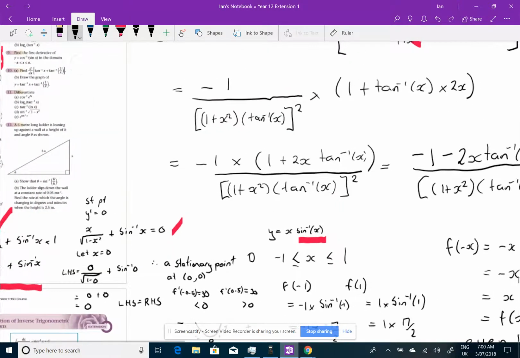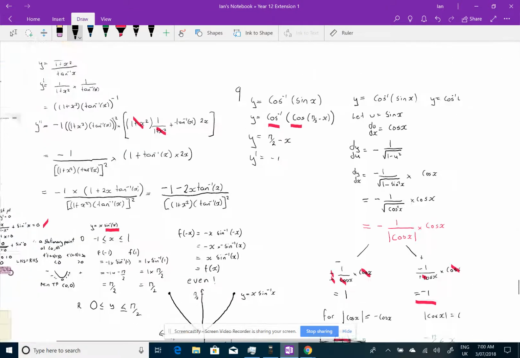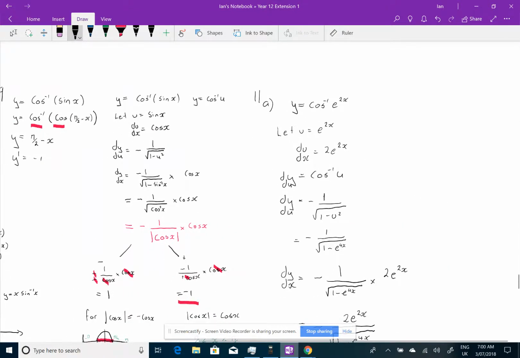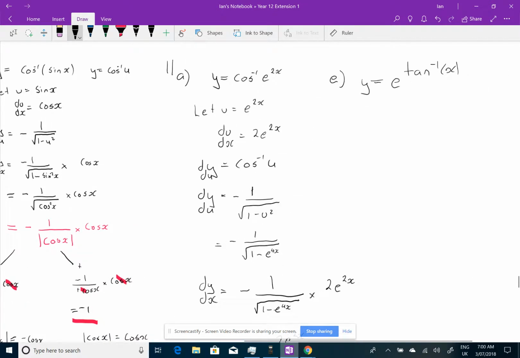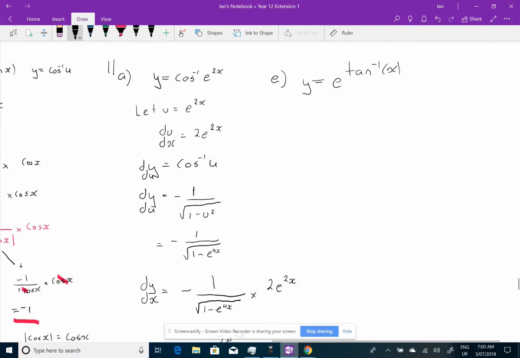And e is e to the inverse tan x. So here's 11e, y equals e to the inverse tan x. And again, you want to do these using substitution. So we're going to let u equal tan to the minus 1 x. Therefore, du dx equals 1 on 1 plus x squared. And then you go, righto,